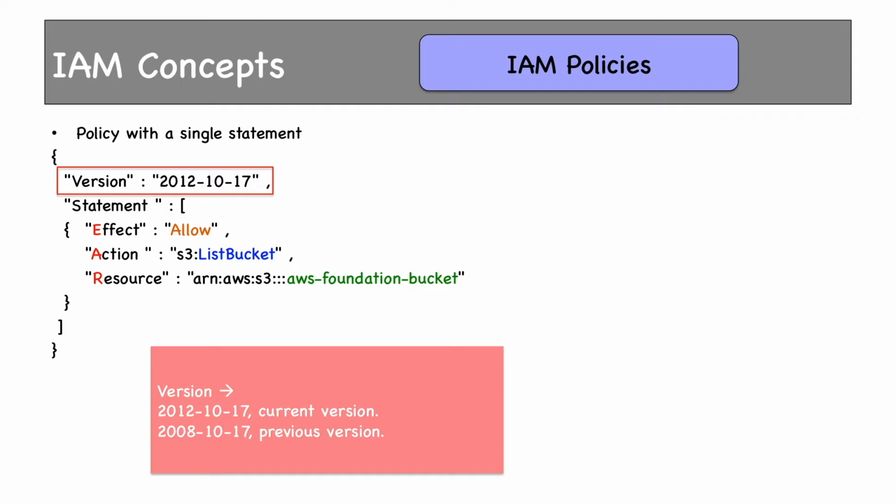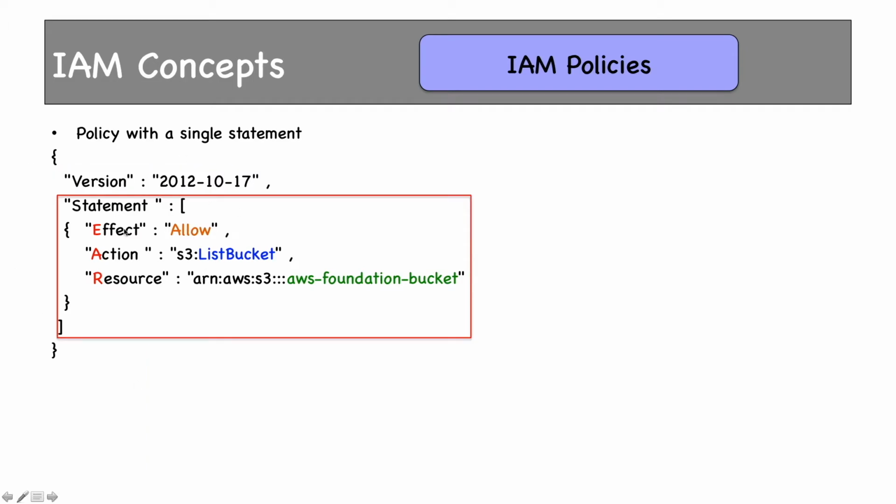There is an optional key in the record. If you do not mention anything, this version ID would be taken. The second key is statement, which is an array, and each element is a document which houses all the authorizations or permissions. We have sid here, effect, action and resource. We are saying that list bucket action on the bucket name AWS Foundation bucket is allowed. Whoever user or group this policy is attached to, that user or group can perform this action. You can put multiple permissions in the same statement using multiple documents.